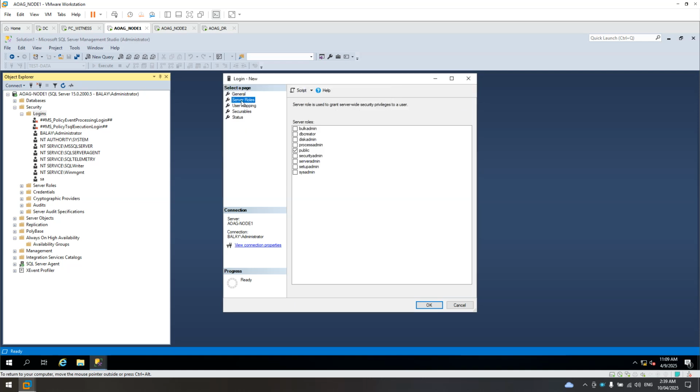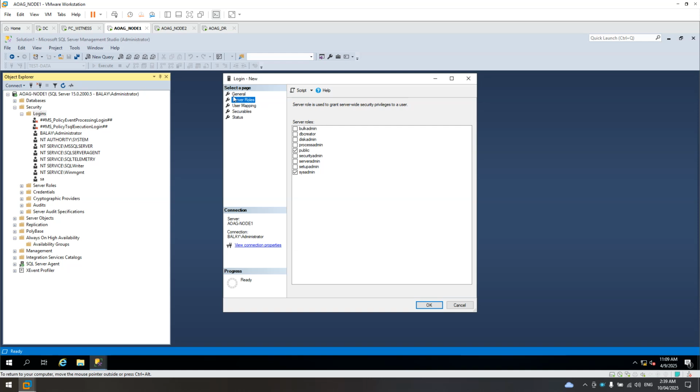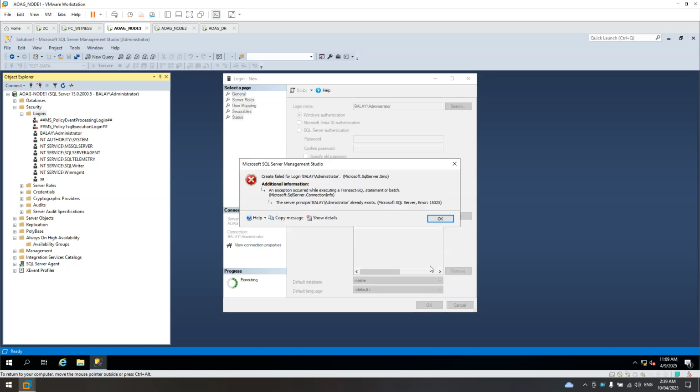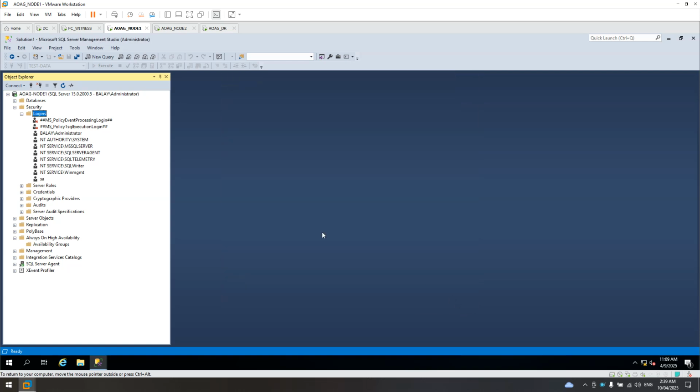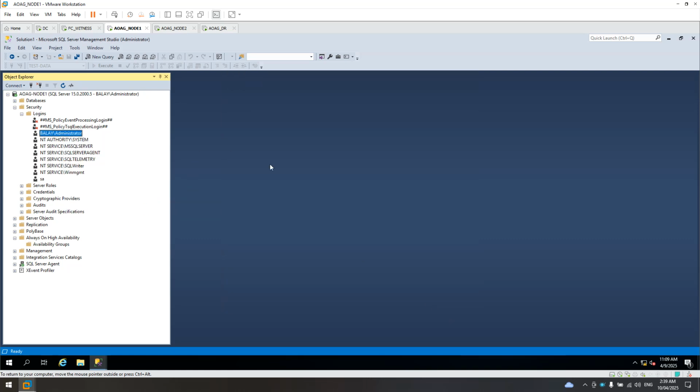Then make sure you use the sysadmin role, or if you have permissions that you can add individually, you can. But in this example, I'll just use SA for this administrator. Then click OK. It already exists. Okay, it's already sysadmin.